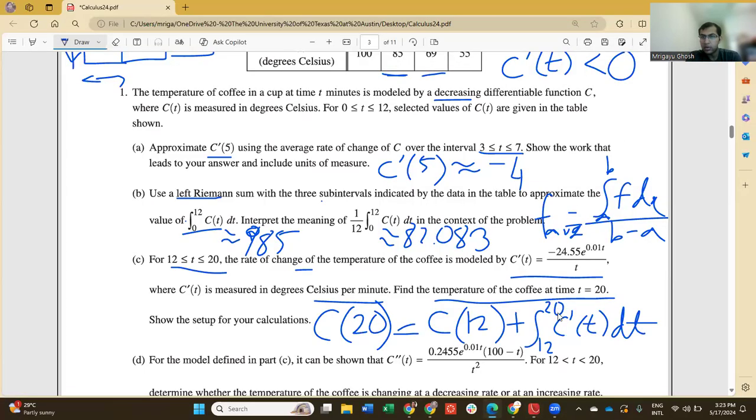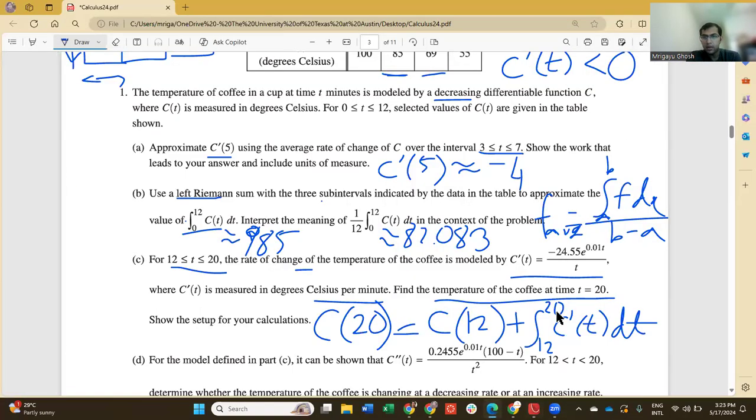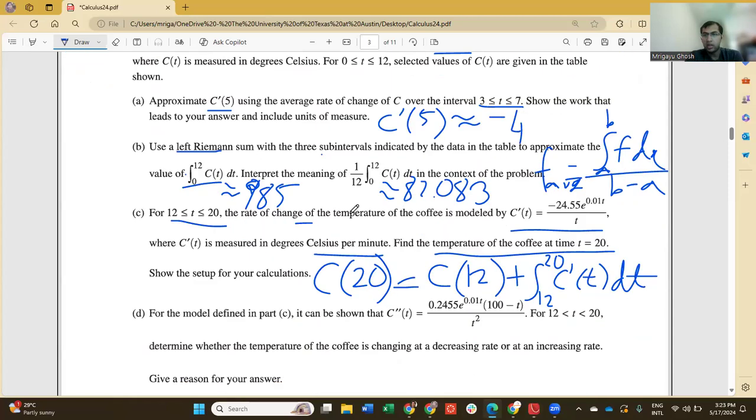And that should be good, negative 24.55. I just want to double check that I typed in everything correctly. It looks good. So if I've typed in everything correctly and I've done the math correctly, then 40.329 is my